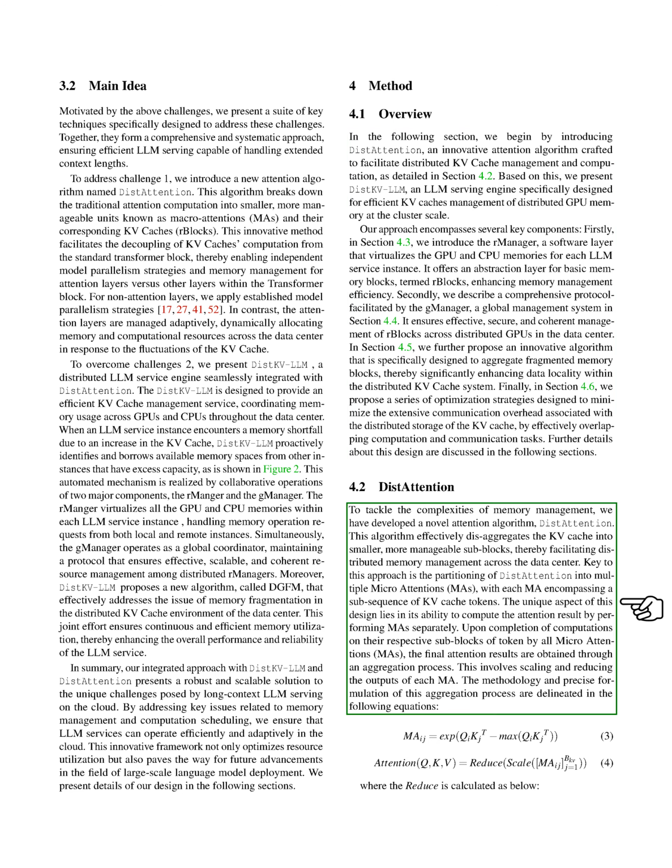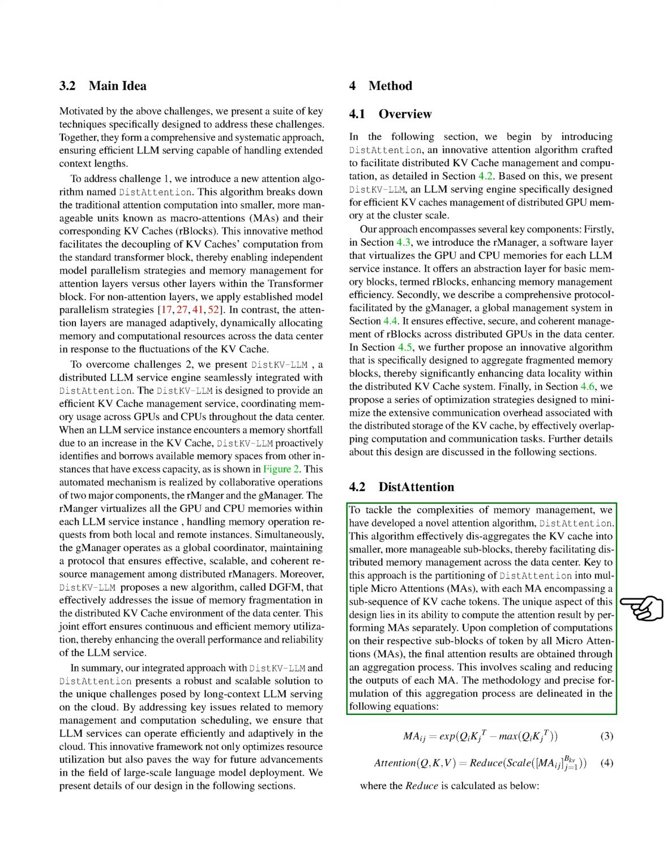This algorithm breaks down the KVCache into smaller, more manageable subblocks, making distributed memory management across the data center easier. The algorithm divides DistAttention into multiple microattentions, MAs, each of which handles a subsequence of KVCache tokens. The unique aspect of this design is its ability to compute the attention result by performing MAs separately. Once all MAs have completed computations on their respective subblocks of tokens, the final attention results are obtained through an aggregation process. This process involves scaling and reducing the outputs of each MA. This approach not only consolidates the computations performed by individual MAs but also efficiently synthesizes them into a coherent final